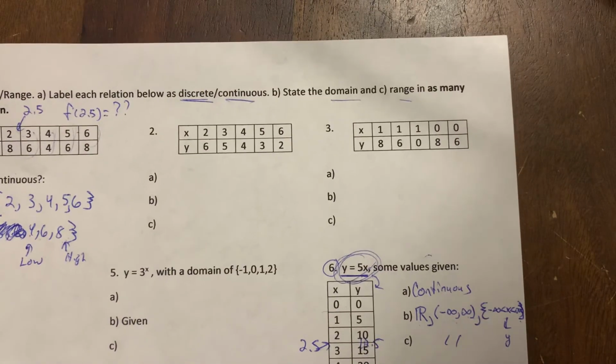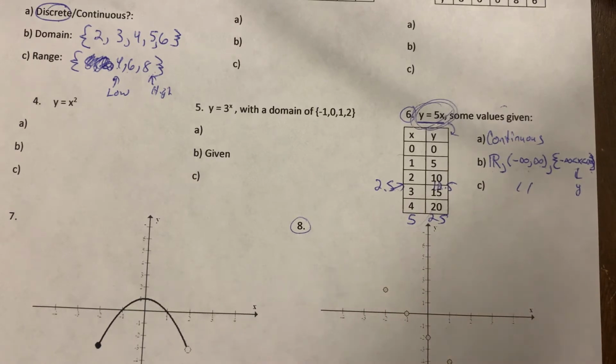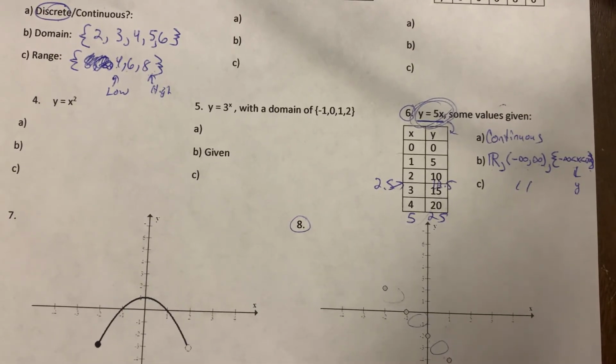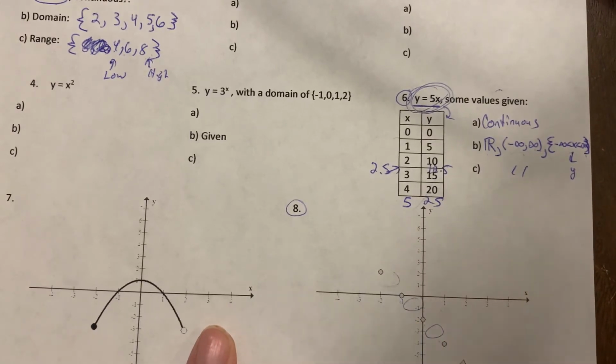All right, 2 more, I think. Let's see, we have a graph. This graph does not have the in-between y values or x values. There are these missing spaces here. And because there aren't in-between values that are defined, like it would be if there was a line, if there were a line, this would be defined. This is a discrete